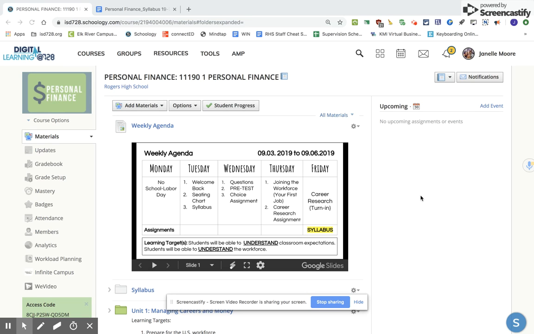Anything you see highlighted in yellow is going to be a formative assignment, so 20% of your grade. Anything highlighted in green would be 80% of your grade. You'll find in class we will do a lot more of small formative assignments and then some summative assignments upon the end of a unit.